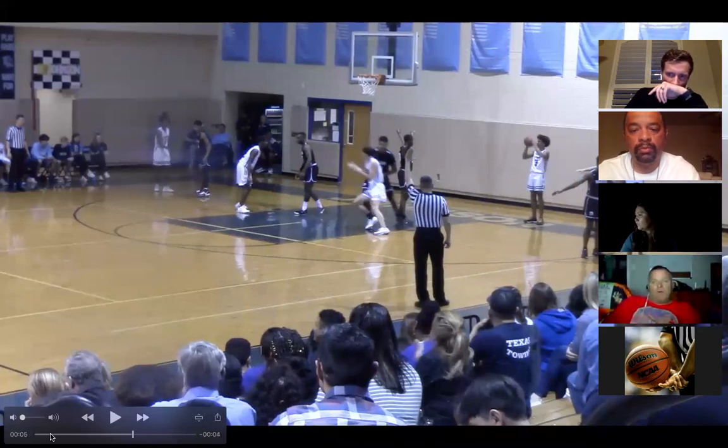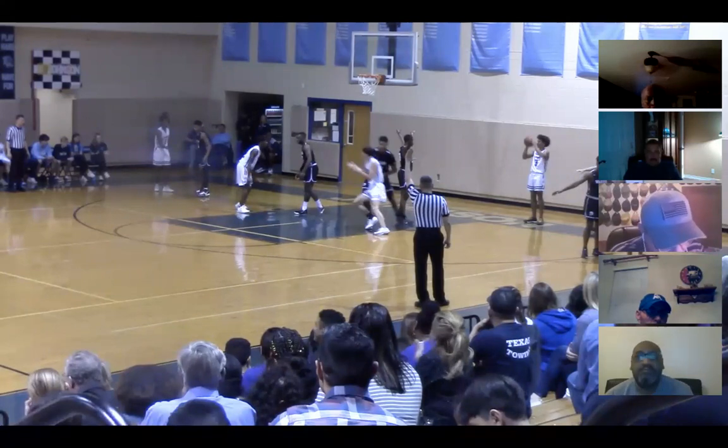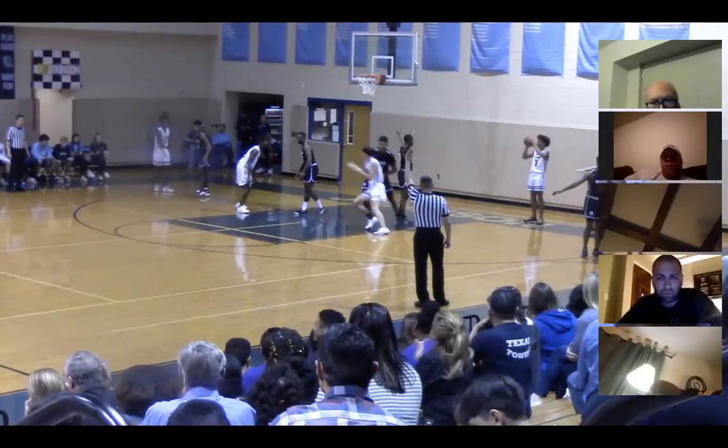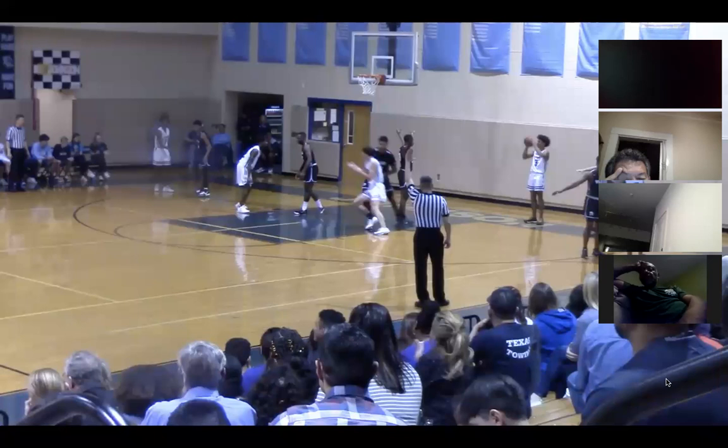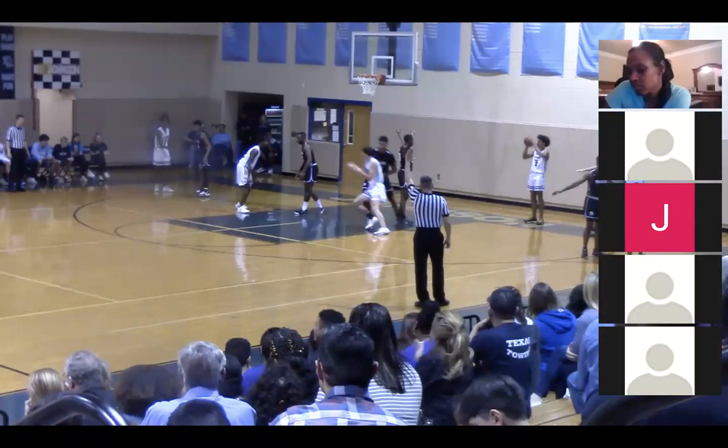So whoever said it earlier, the point being, be ready to officiate even before we talk about off ball and dead ball. The ball's still dead. Bodies are getting in position or already moving.